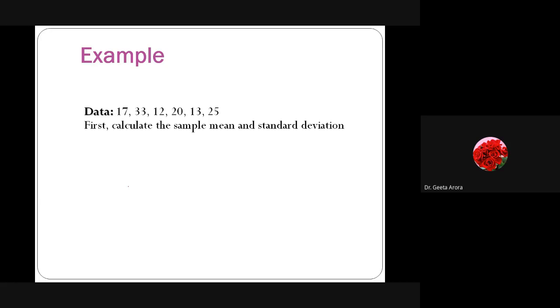Find out the mean. How do we find the mean? Sum of all values divided by n. And I think we already know that we are working with 6 samples. So find out what the mean of the data values is. Let's see. And obviously you can use a calculator also, because in a stats course most of the time a calculator is allowed, correct? So you can use a calculator and let me know. And if you are not using a calculator, you can use your trick to find the total sum and divide by 6.